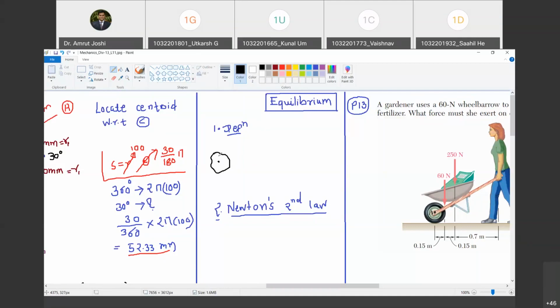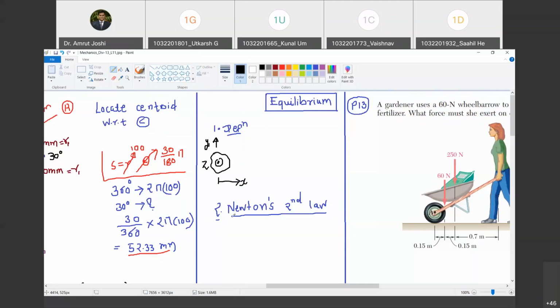So what is equilibrium? Let us say this is a body that I have drawn. Shape and size is of no interest to me. This is just a rigid body. Are you with me? Yes, sir. This is X, this is Y. Coming out of the plane of both towards you is Z. Happy? Yes.